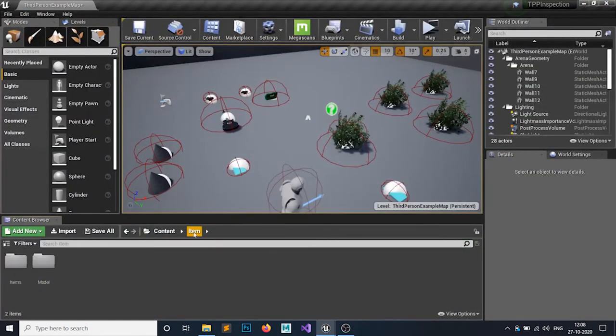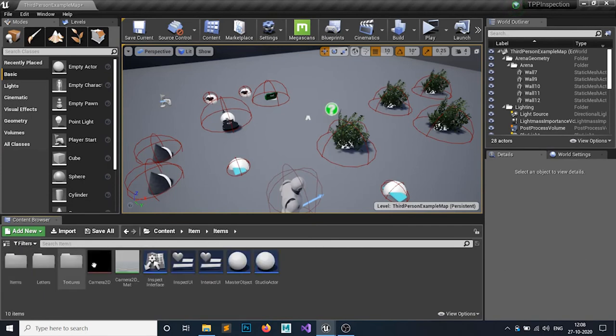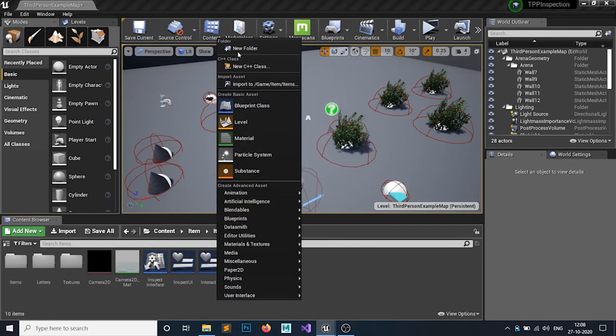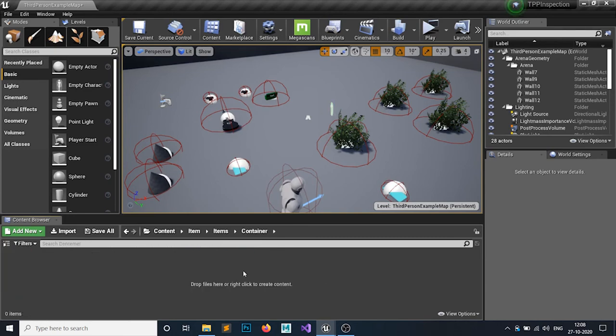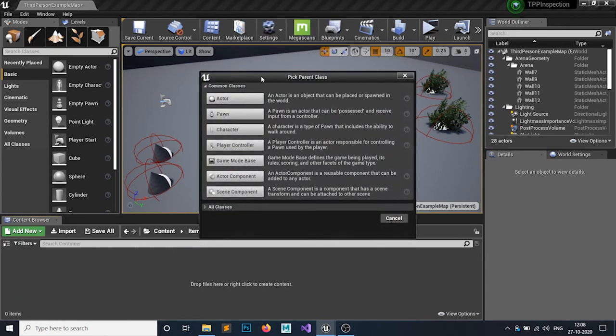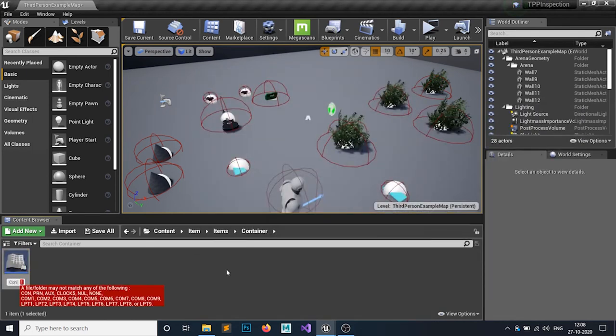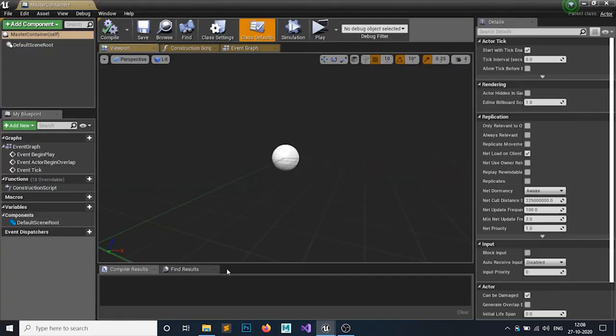So we're gonna make an item. Go to your item. I'm just gonna make a folder, and I'm gonna call it container. Inside the container I want to make a class of an actor, and I'm gonna call it, let's say, master container. Open that up.